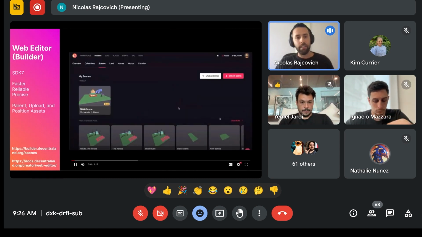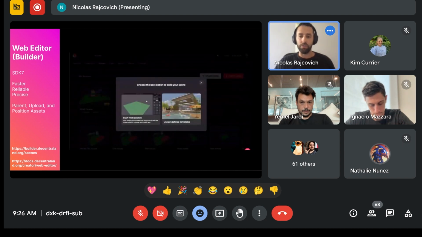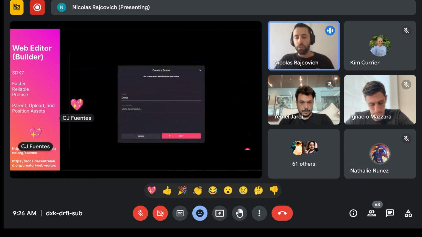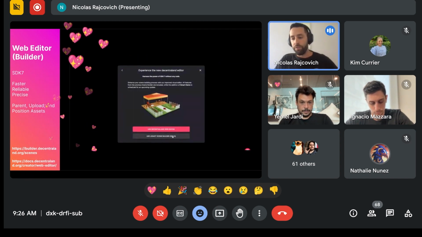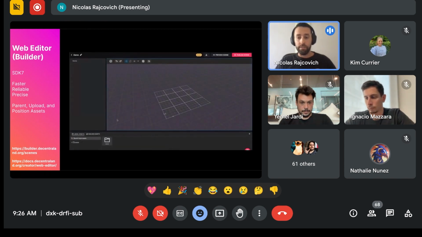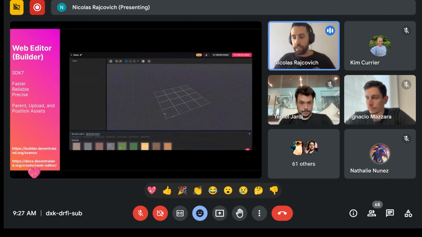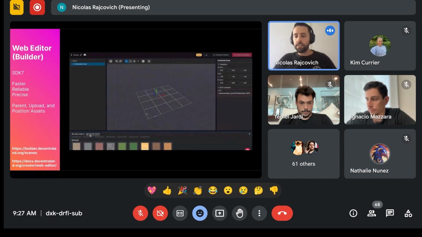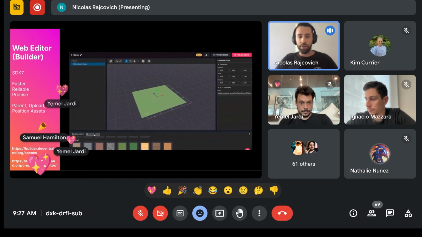Then this is something that I really like personally. We haven't announced this yet because it's the first version, and we are still working on some tweaks and also some improvements and new features for this. But if you ever used the VS Code extension, maybe you noticed the editor in VS Code. It's super similar to what you can see right here, but this is on the Builder dApp. So if you go to builder.decentraland.org, and you go to the scene section, you will be able to find this. Also, you will be able to find the legacy scene builder that you are used to.